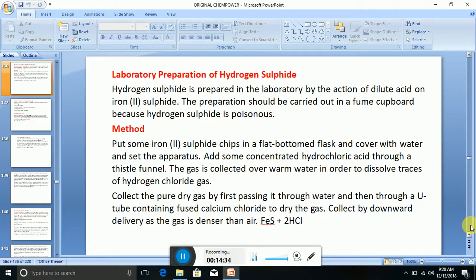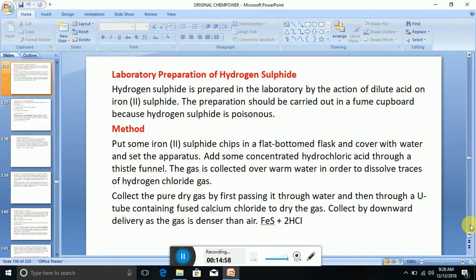Laboratory preparation of hydrogen sulfide. Hydrogen sulfide is prepared in the laboratory by the action of dilute acid on iron(II) sulfide. The preparation should be carried out in a fume cupboard because hydrogen sulfide is poisonous. Method: put some